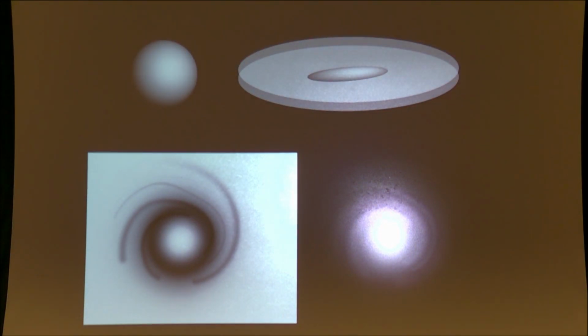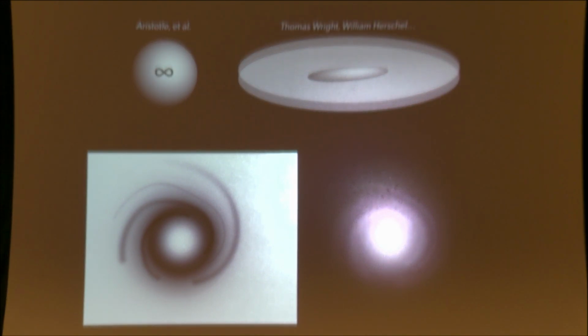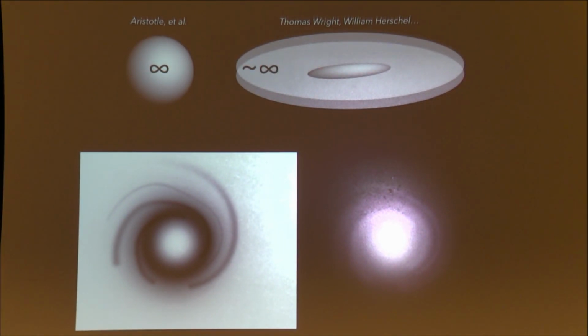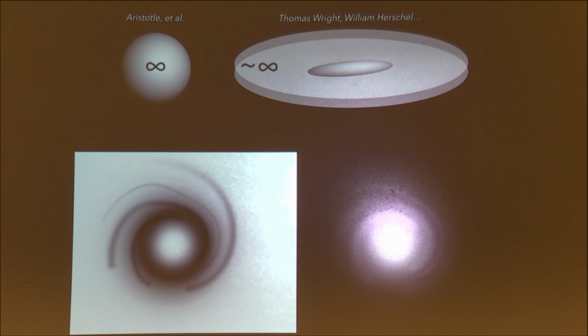But if you want to look at this historically, you can say that people like Aristotle are responsible for views of a spherical and infinite universe. Okay, so we've preserved some spheres, and then many people. That music that you heard at the beginning was from William Herschel, who also was an astronomer, and many people give him credit for the idea that there's a disk-like distribution of stars that explains the stripe-like distribution on the sky for the Milky Way.